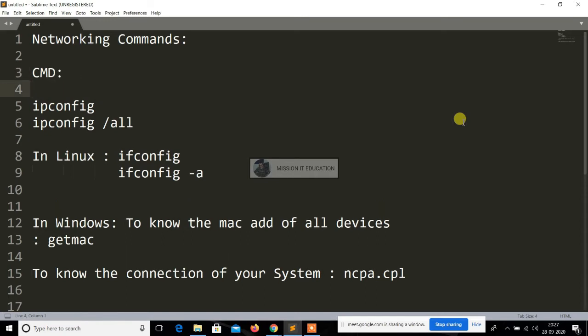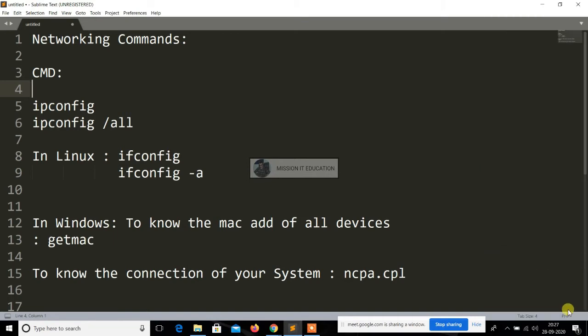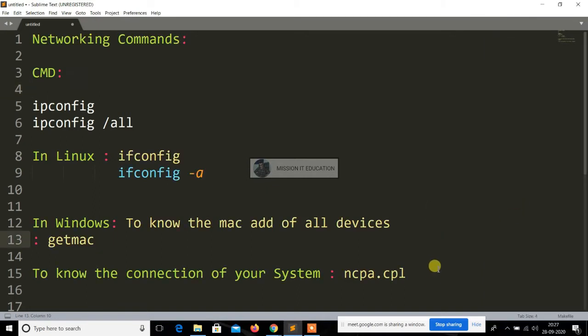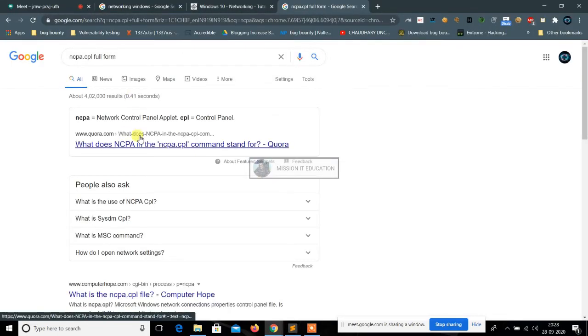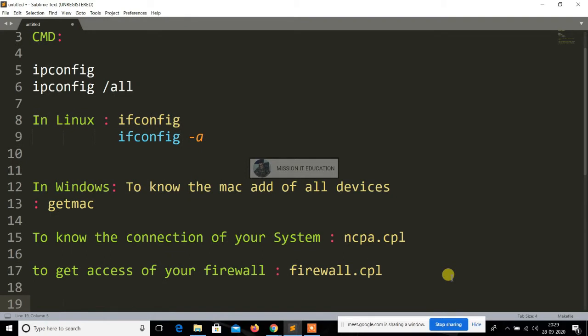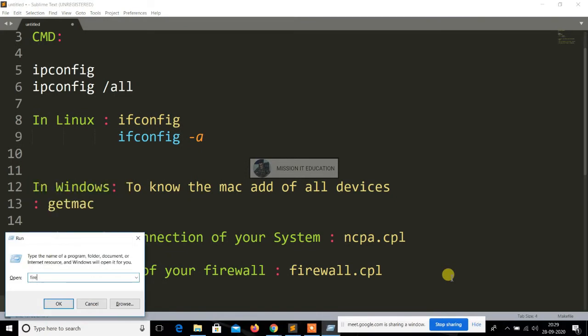After that, the same kind of cpl command, which is basically for security purposes. You can use it for security as well as for complete information about access to your different kinds of hardware. That command is firewall.cpl. Firewall.cpl shows you the firewall, how the firewall works, and how it is connected.